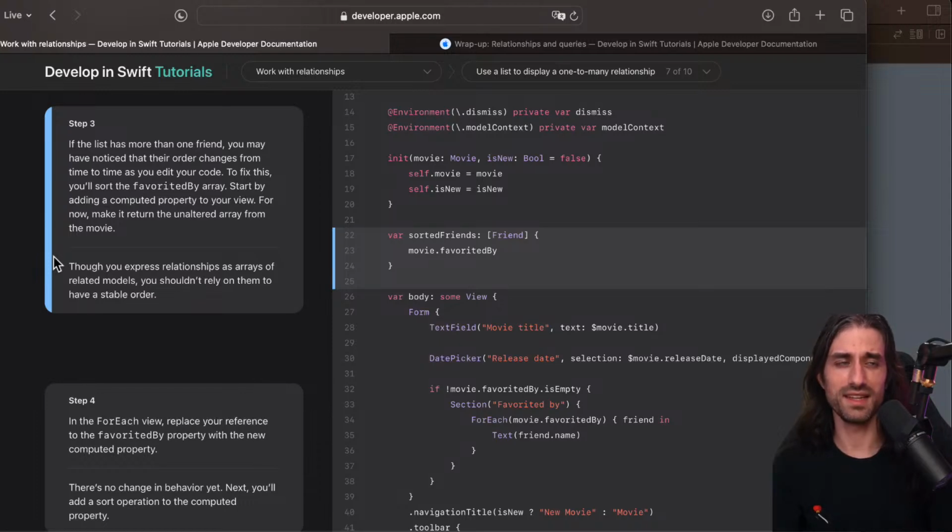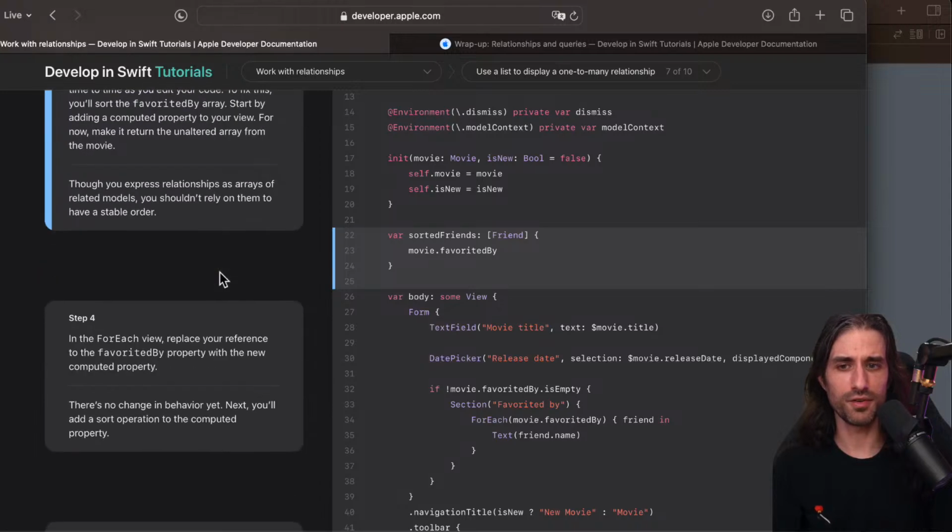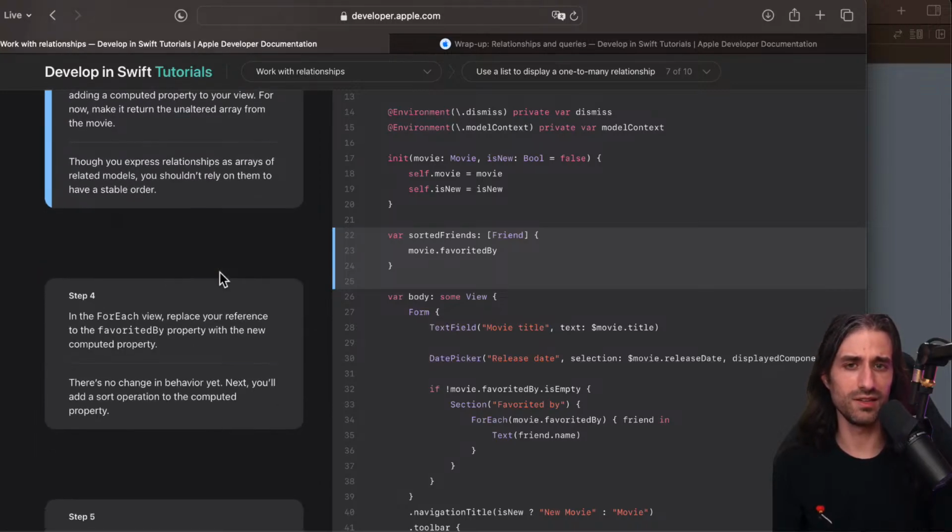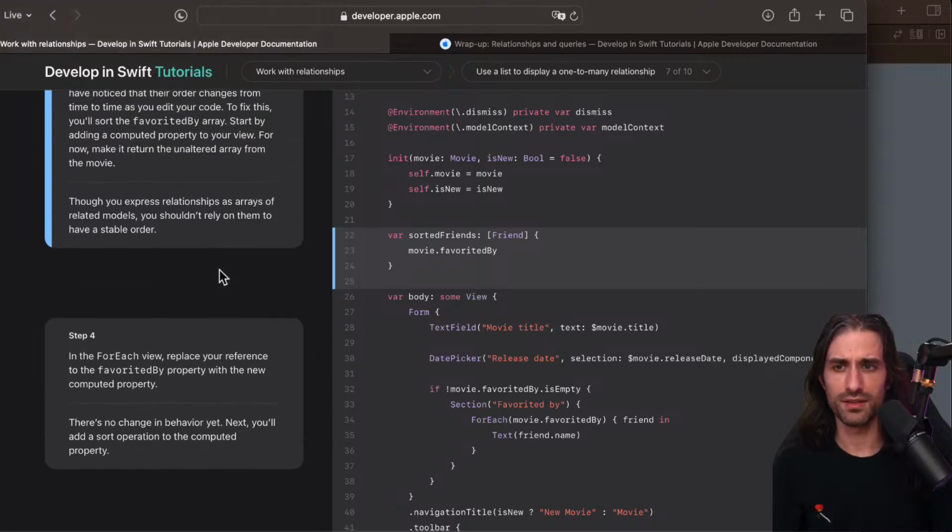And the fact there was the word set conveyed a bit more that you cannot rely on the order of the array to be stable over time. Here, it's a little bit more of a gotcha, and I guess that's why they show it to you explicitly in the tutorial. So let's see.